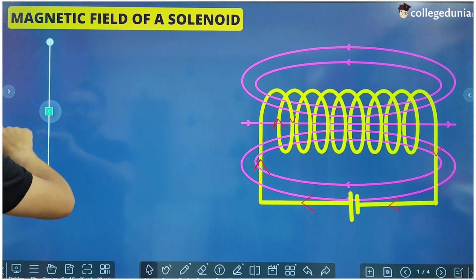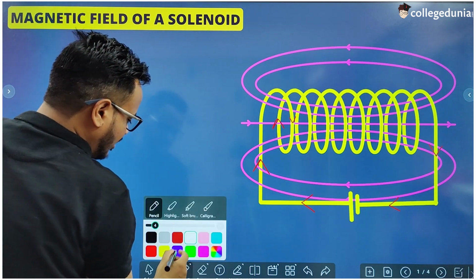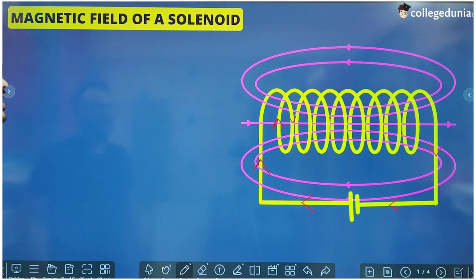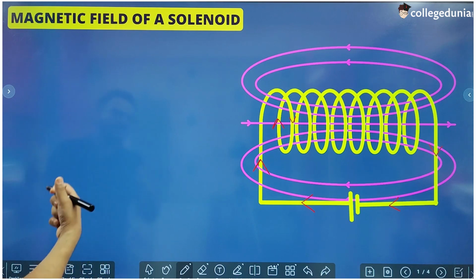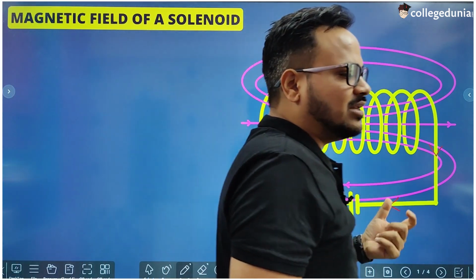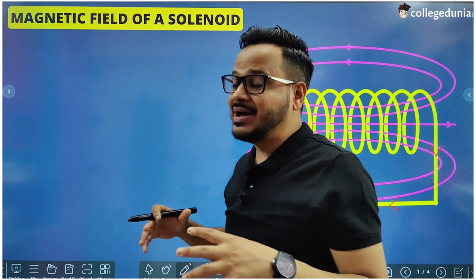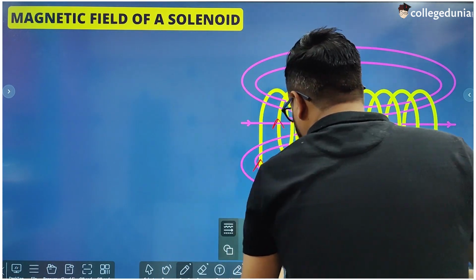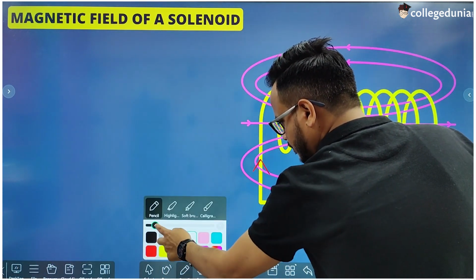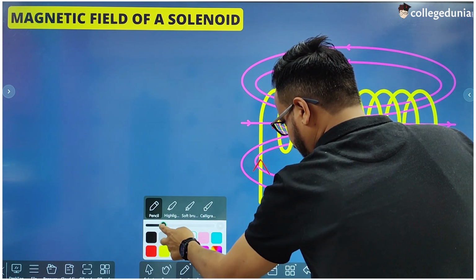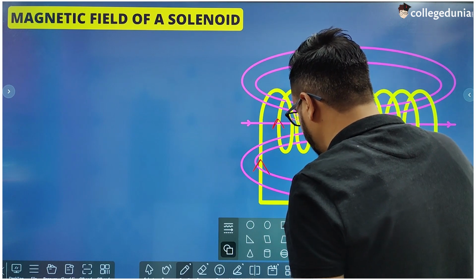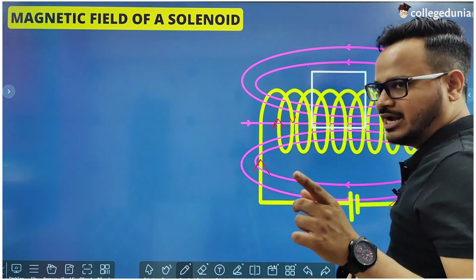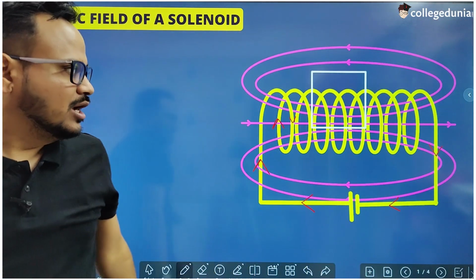and using this law we will prove that the magnetic field inside this solenoid is mu naught n I. But what is mu naught, what is n, what is I? Let's see. Okay, so to use Ampere's circuital law, we need an imaginary loop, imaginary closed loop, which is called the Amperian loop. So in this case we are taking an Amperian loop. We are taking a square Amperian loop like this. This is a square Amperian loop which is half inside the solenoid and half outside the solenoid, right?